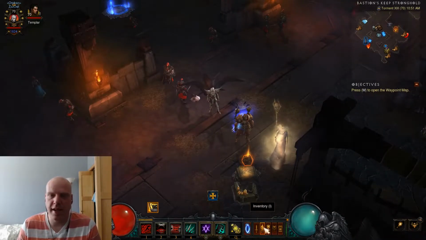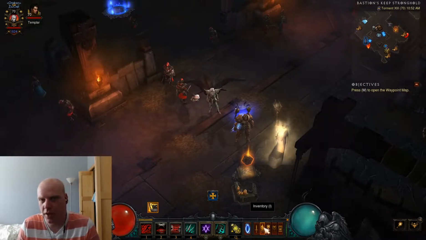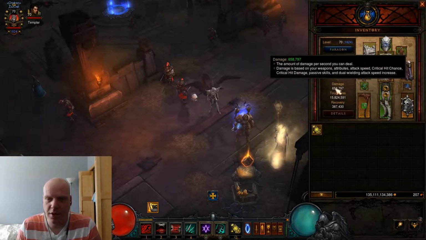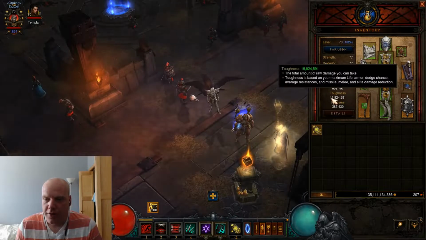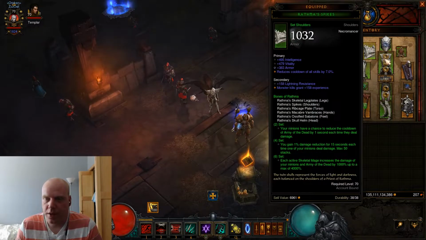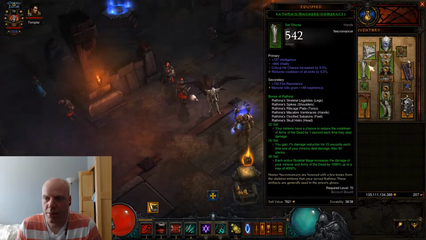It's kind of like day 2, day 3 of the season. It's got 658k damage, 15 million toughness, and 800k life. That's because, okay, we've got non-ancient gear, but on the